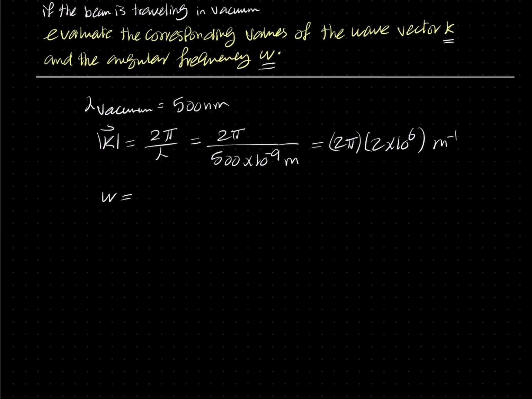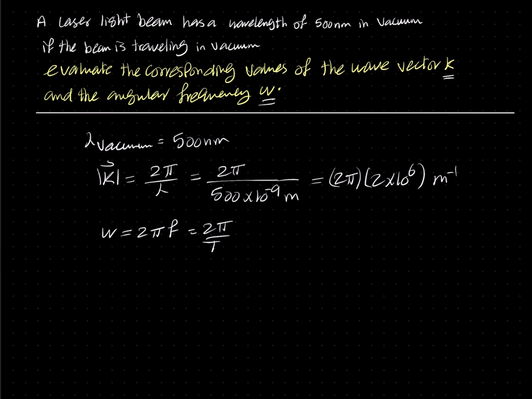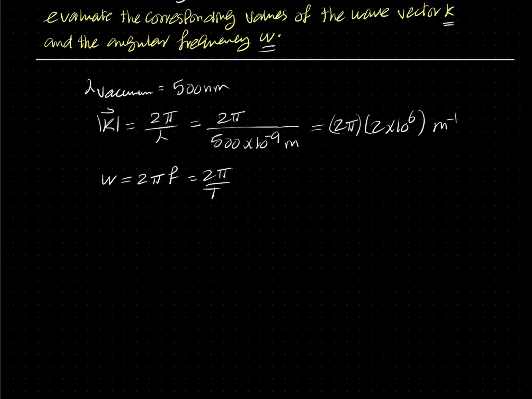There are multiple ways to do this. One way would be, we know that omega is equal to 2 pi frequency, which is the same as 2 pi over T, the period. Do we have the frequency? Well, it's not given to us directly, but we know that it's traveling in vacuum, right? And it's light. The speed of light in vacuum is c, which is approximately 3 times 10 power 8 meter per second. And we know that c is equal to lambda f, where lambda is the wavelength and f is